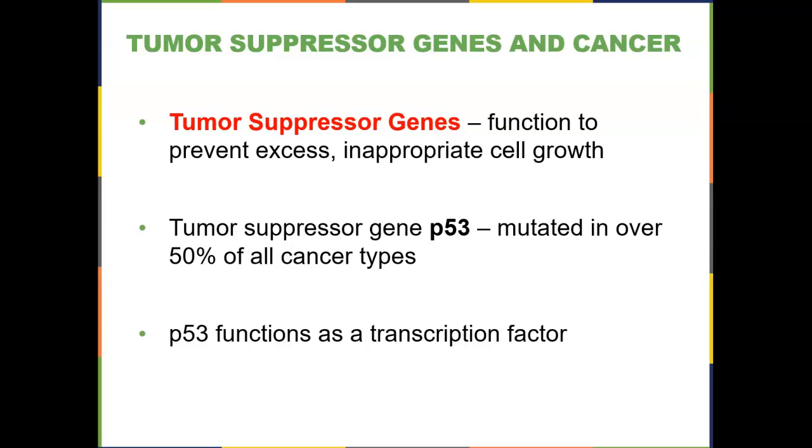So p53, the product of reading this gene, is a transcription factor. So if we are making transcription factors in excess and we are making too much of them, then that could cause an overexpression of the reading of genes, and we'll no longer be able to inhibit the genes.